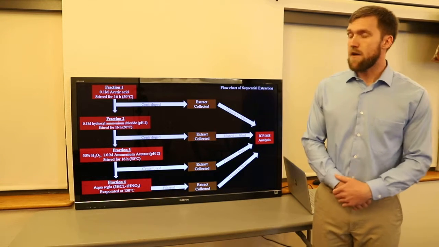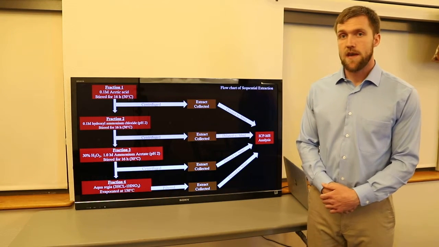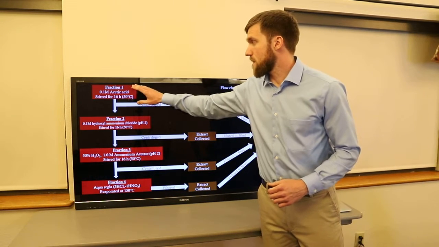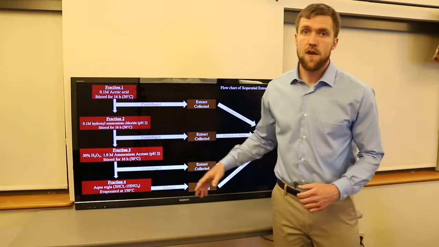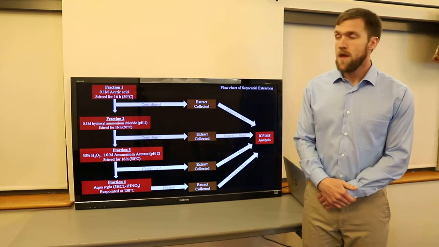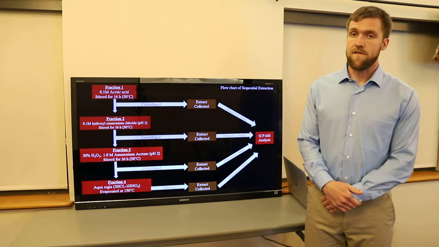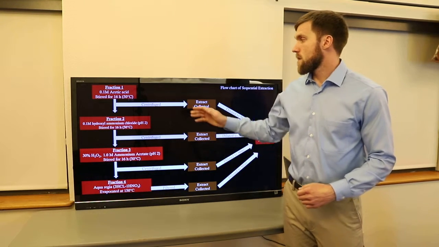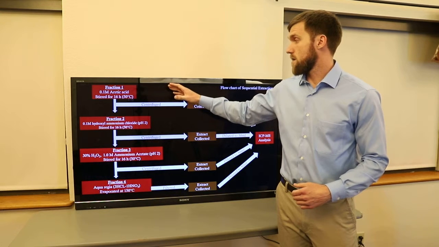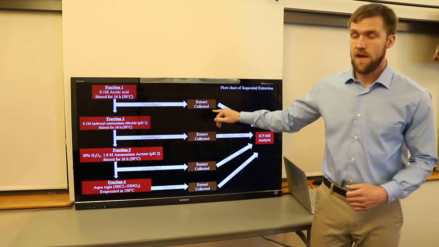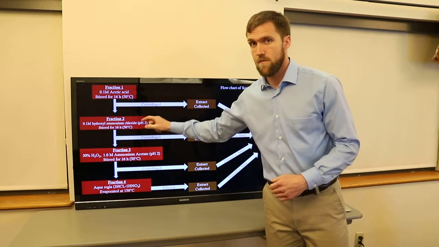So to give you a little bit better idea of what this looked like in the lab, I took 0.8 grams of my sediment, starting up here with fraction 1, put it in a beaker with a stir rod in 0.1 molar acetic acid, and stirred for 16 hours at 50 degrees Celsius. This is just looking at carbonates. So I then take the sample, centrifuge it, collect the liquid phase, and move only the sediment on to the